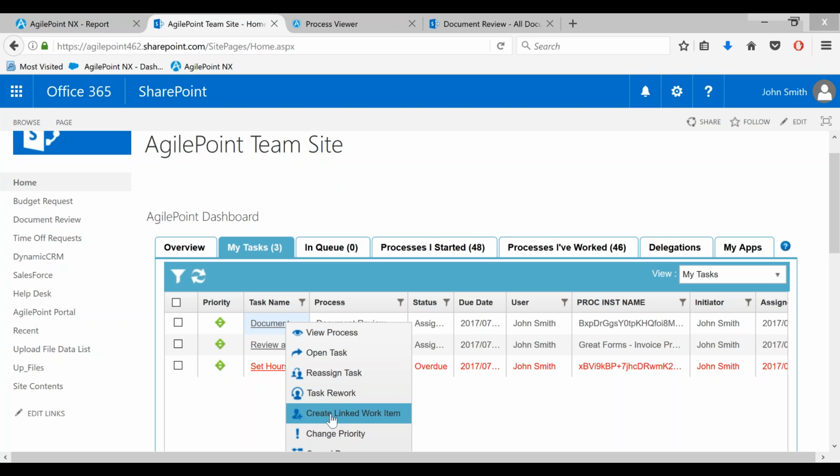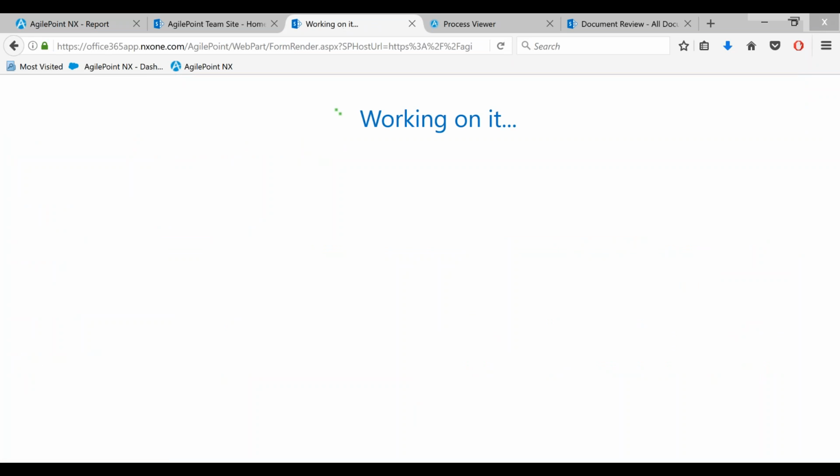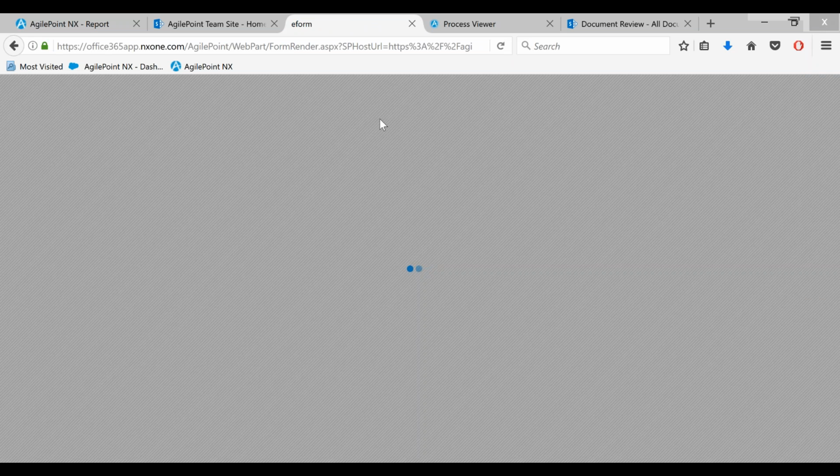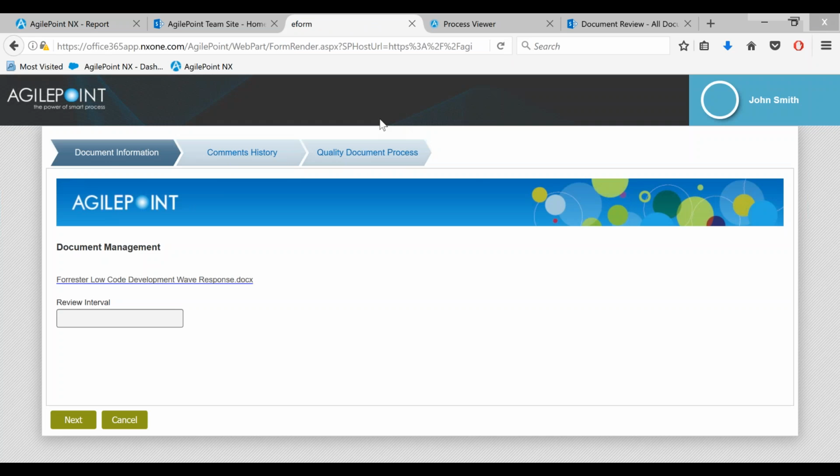I want their feedback. So even though we hadn't accounted for it in our process, I can bring in an external party to my workflow. For now, what I'm going to do is open up this task. And you'll see the UI here is changing from the document library UI to the AgilePoint forms. We've added some basic branding. This can be completely customized with your own CSS or your own JS should you so desire. But this is built completely in a drag and drop methodology, so no code required in this application.